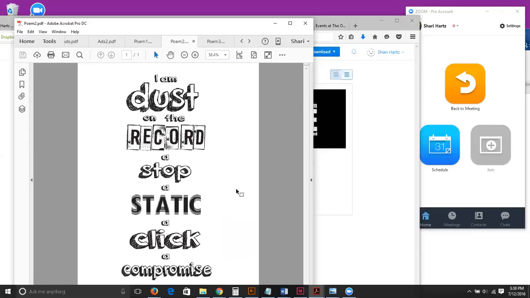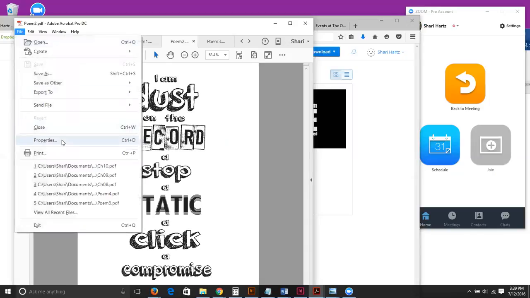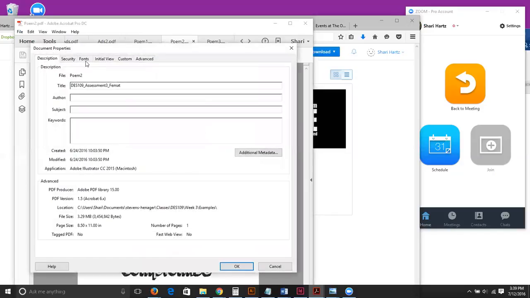So I thought this is interesting. Look at the word static on this one. It looks like static. Yeah, I thought that's kind of cool. A record is something I might put on a piece of paper, so that's kind of fun. They did use the same font here, here, here, here, here, here. And if you guys ever want to see what fonts were used, we can see how many fonts they have in here. If we go to File and Properties and Fonts,